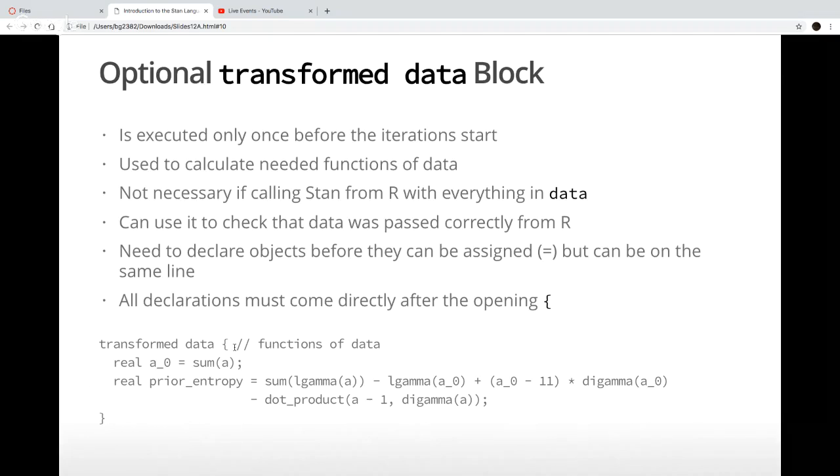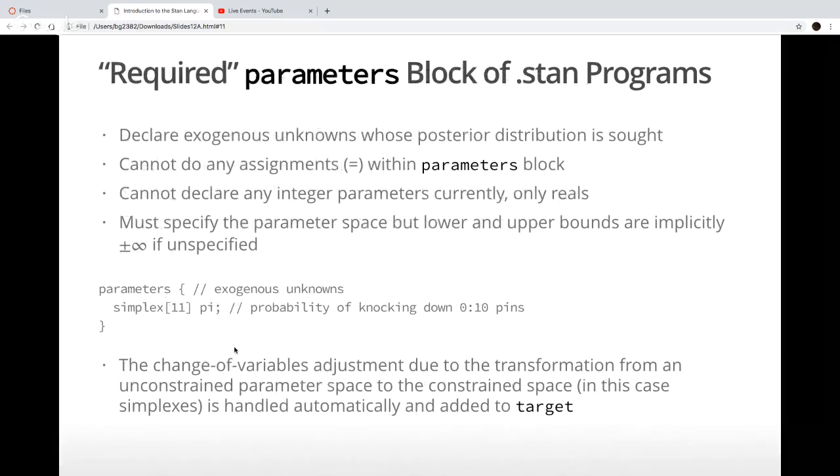Okay. So the next block, more or less required, is the parameters block, where you declare the exogenous unknowns whose posterior distribution conditional on the data is being sought. Technically, you can have a Stan program that has no parameters, but then you're not really getting the posterior distribution of anything. So in general, this is going to have one or more parameters in it.